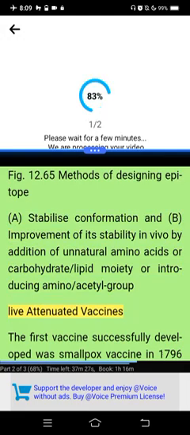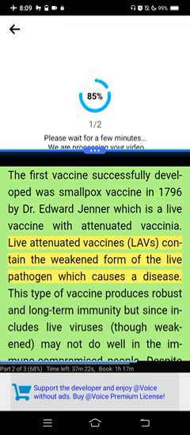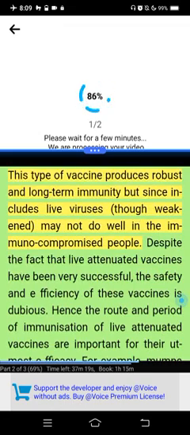Live attenuated vaccines. The first vaccine successfully developed was smallpox vaccine in 1796 by Dr. Edward Jenner, which is a live vaccine with attenuated vaccinia. Live attenuated vaccines contain the weakened form of the live pathogen which causes the disease. This type of vaccine produces robust and long-term immunity, but since it includes live viruses, though weakened, it may not do well